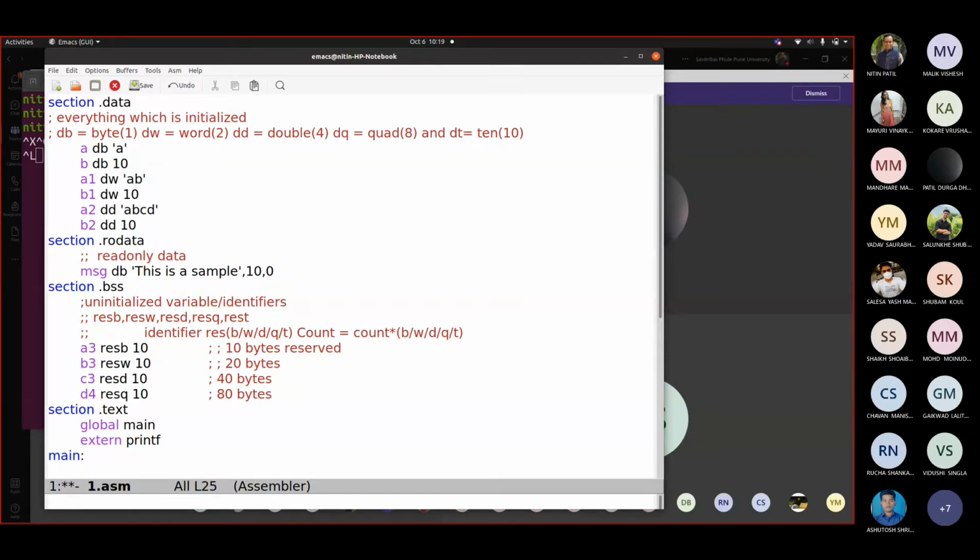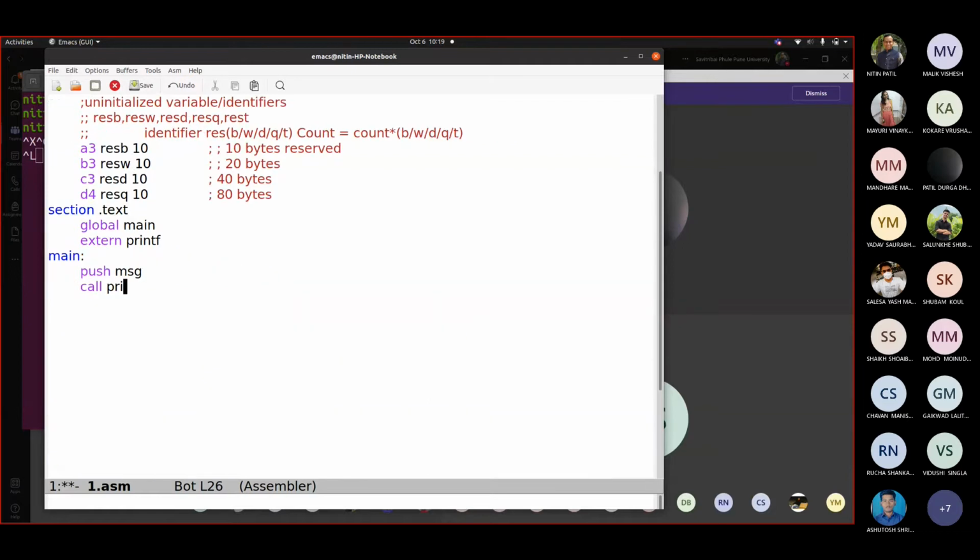So how do you write it? You write push MSG, call printf, and as we are pushing into the stack, because whenever there is a function call, we are going to talk about the stack in a detailed manner maybe next week or probably the week after. But prior to that, we would be using this way only. So call printf, and whatever you pushed, every push comprises 4 bytes. One push into the stack.